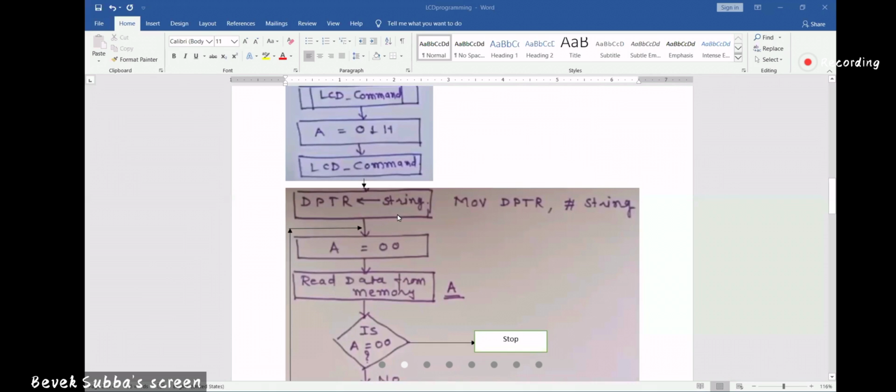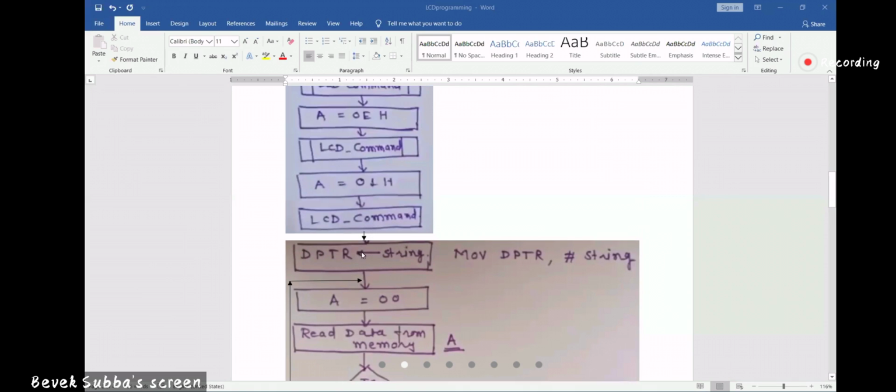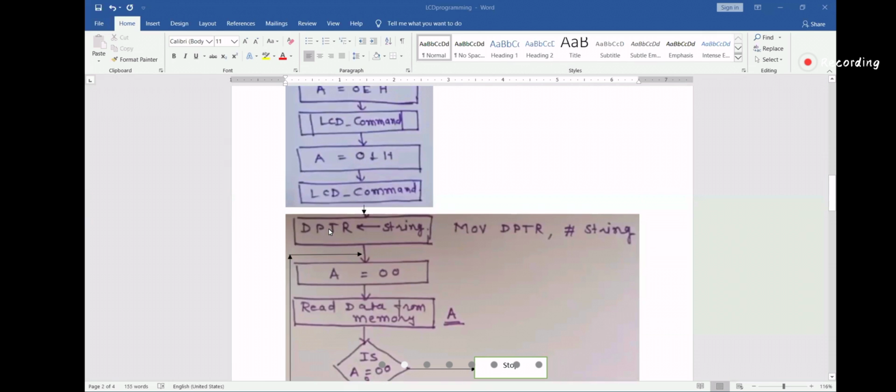Okay, after this, you'll write the string, Ganesh, in DPTR using this instruction. Each character of the string will be pointed to by your DPTR. How will you set that?